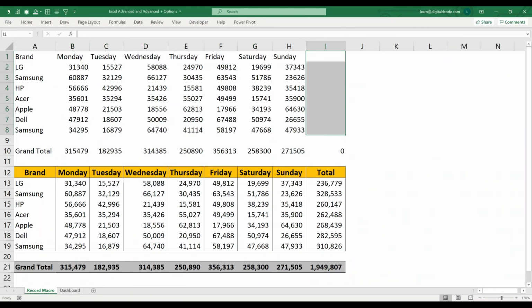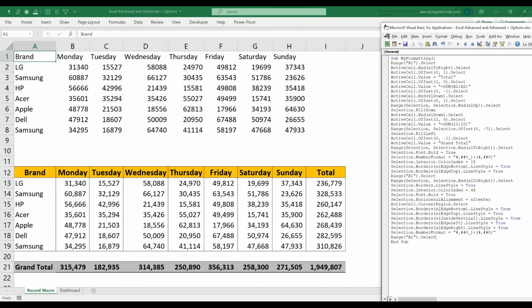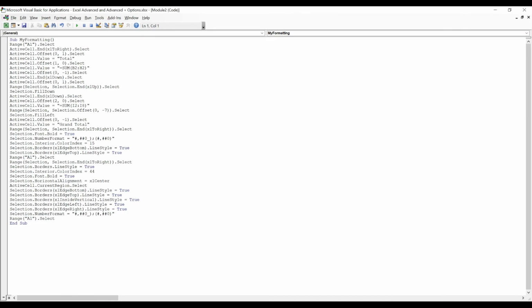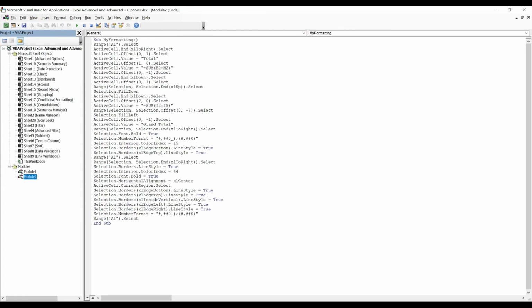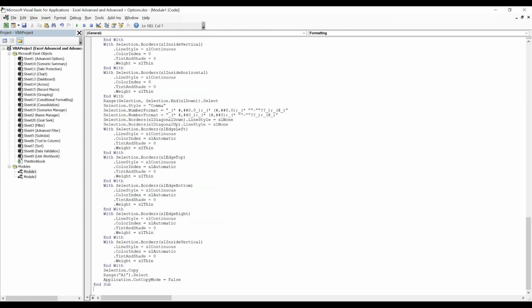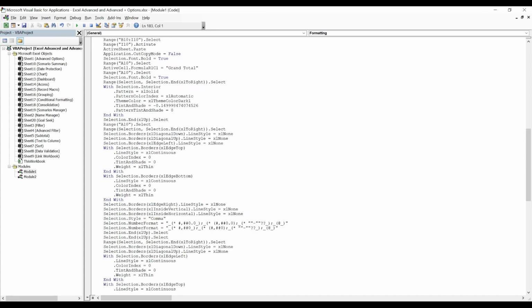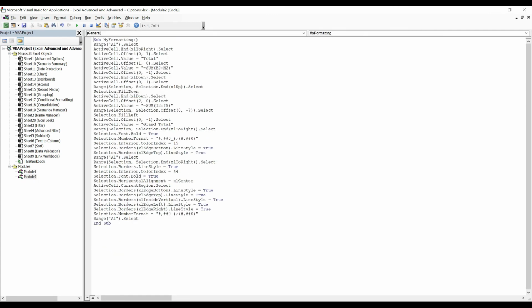I'll delete the old data. So let's check. I'm just pressing F8 to check. So this is module 1, which is a recorded macro, and this is module 2.